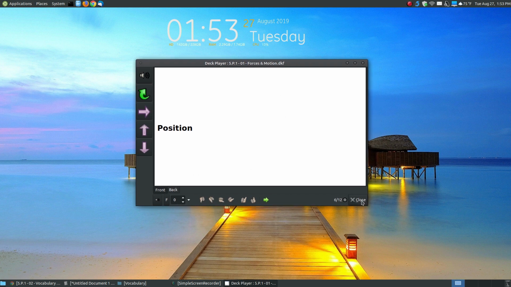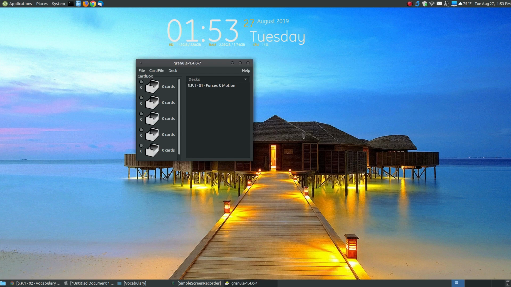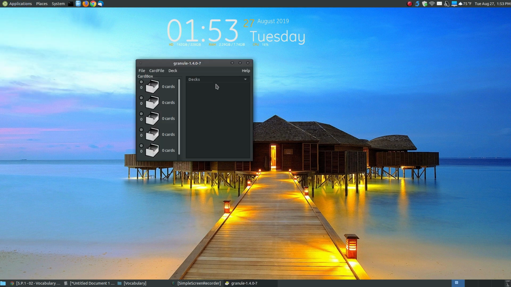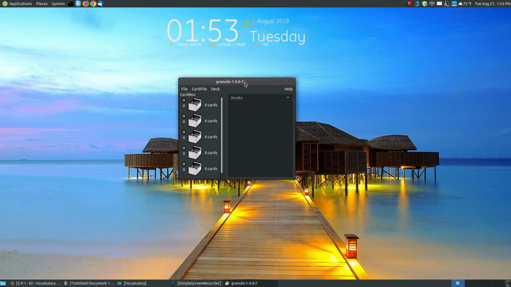Let's actually build a new set. So let me close it. Now I'm going to close it completely out, so that we're not going to have a deck here, because when you're starting to build this from the beginning, you're not going to see an existing deck. If you were to just install the program, when you first open it up, this is what it looks like. So if you're going to build yourself a new deck of cards, you're going to go deck, new,